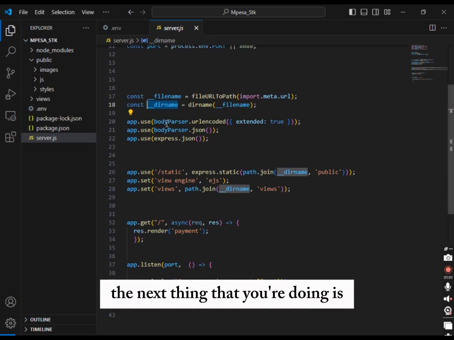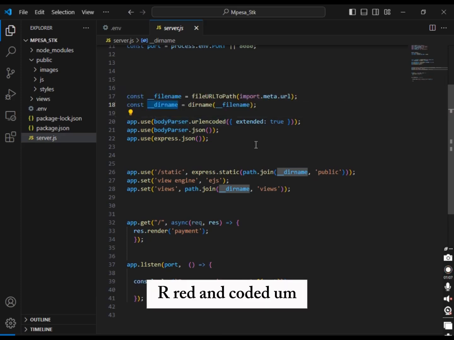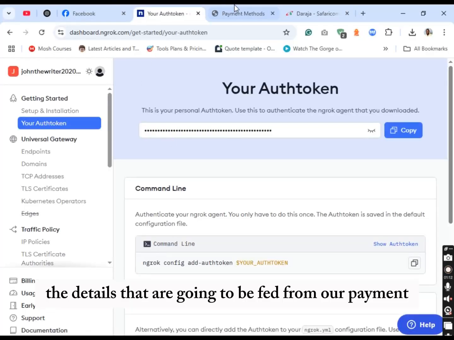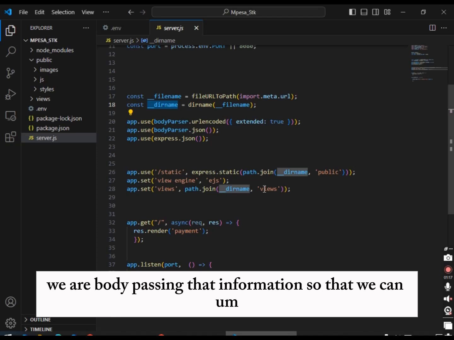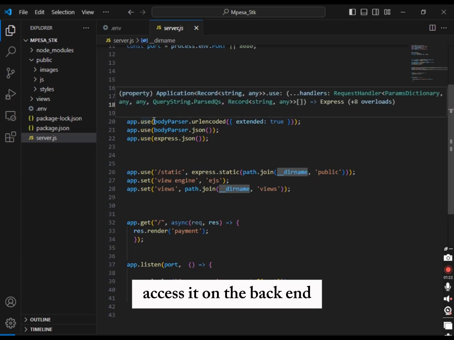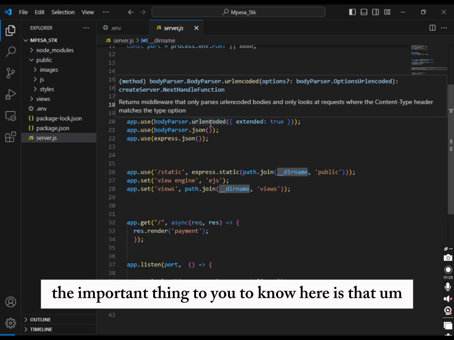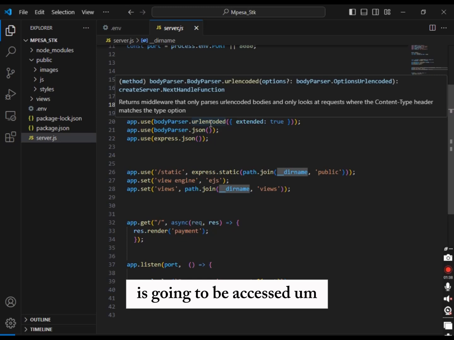That said, the next thing that you're doing is you're body parsing the URL-encoded details that are going to be fed from our payment form. For example, if you enter a phone number here, we are body parsing that information so that we can access it on the back end. The important thing to know here is that we are using a middleware to ensure that